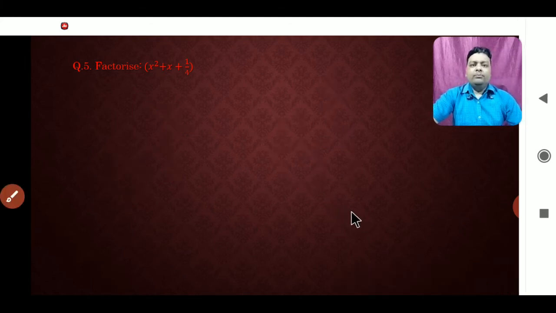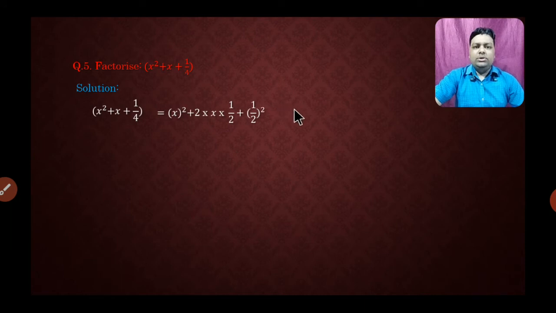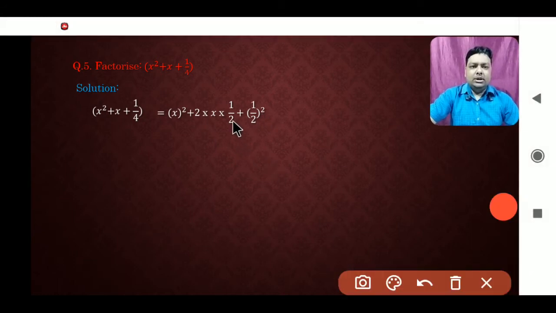Now at first we will write the question again, and then we can express it as x to the whole square and the last term 1 by 2 to the whole square. Now in between 2ab, so 2 into x into 1 by 2 as b. Now if you cut 2 and 2, because 2 in numerator and 2 in denominator, then what is left? x. So it is matching again.